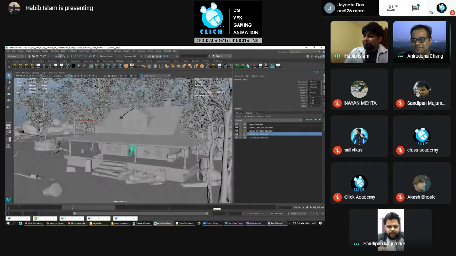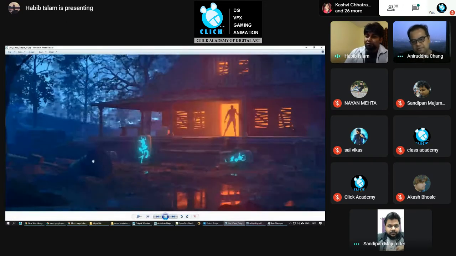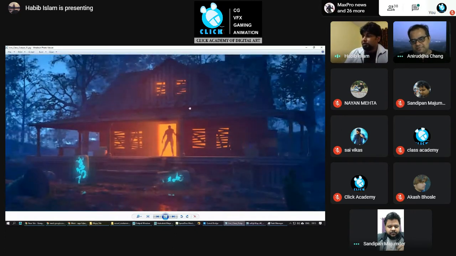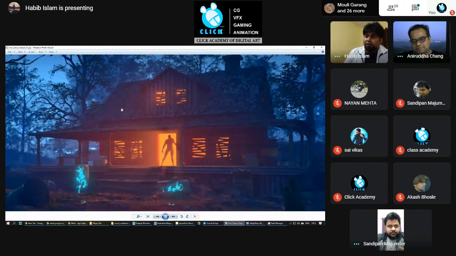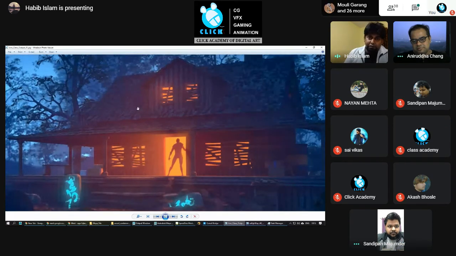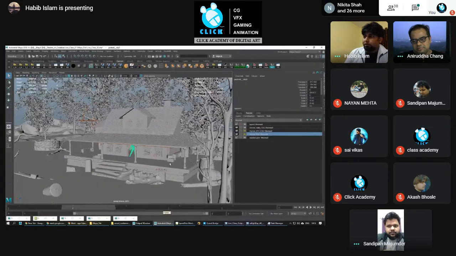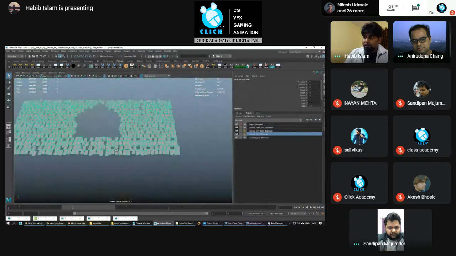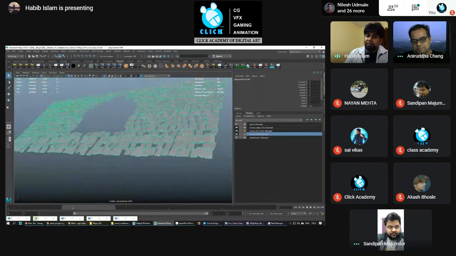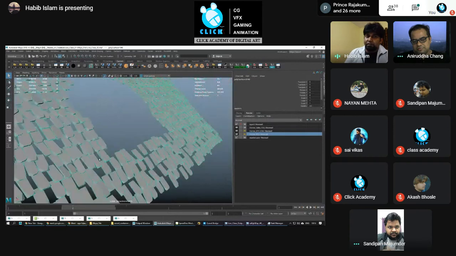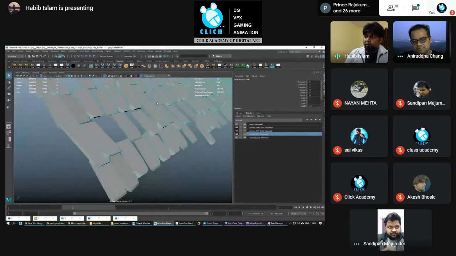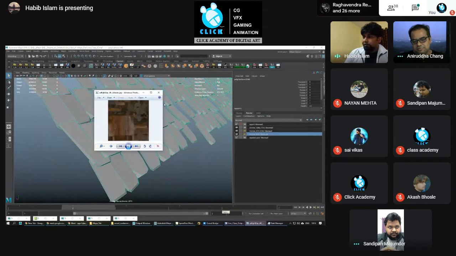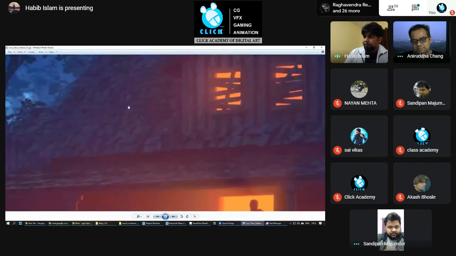See, for this scene, there are some objects you can use from that software. But this house, you cannot create with that software. If you see the tiles, each and everything is individually modeled. Obviously, there are some tile textures you'll get from that software, but every tile is individually modeled. That is why I'm getting this kind of detail here.